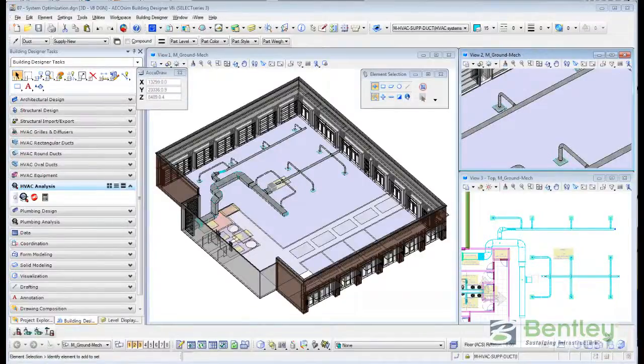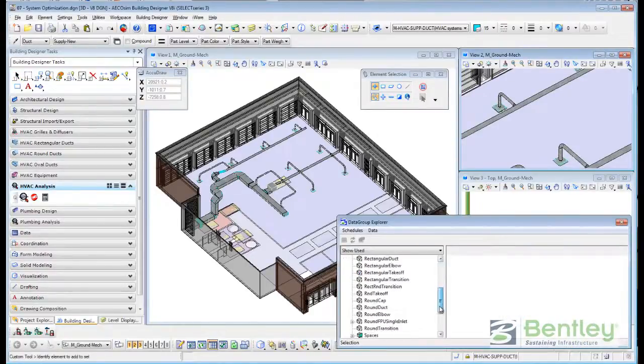Hello, in this video I will show you how AECOsim Building Designer can use the system designer for mechanical or ventilation elements, calculate the flow and velocity, and use the values to know the right dimension we need to apply for the elements. So first of all, we can analyze all the square ceiling diffusers that we are using in